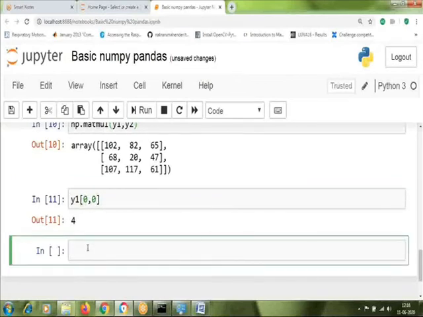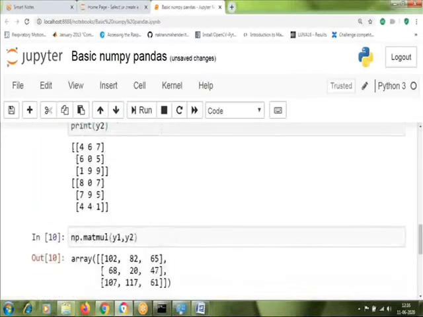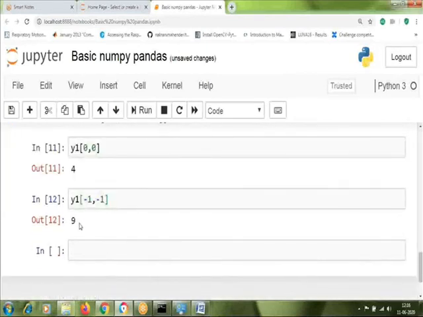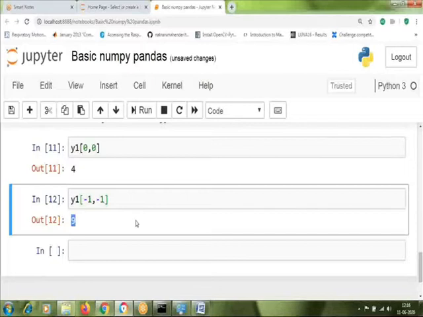Python also supports negative indexing, where -1 is the last element. So -1 comma -1 will give us the last element of the matrix, that is, for 3 by 3, the third row and third column. Here you can see the element in the third row and third column is 9, which is printed. So negative indexing is also supported by Python.